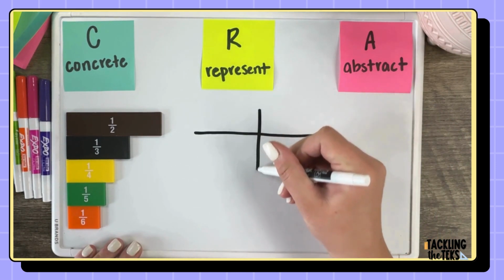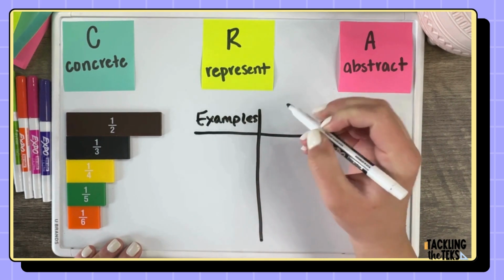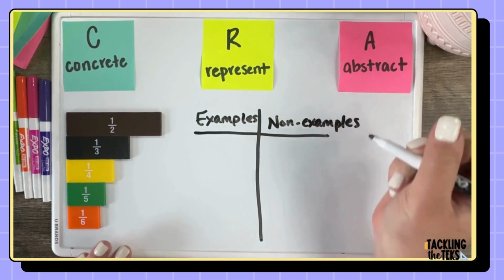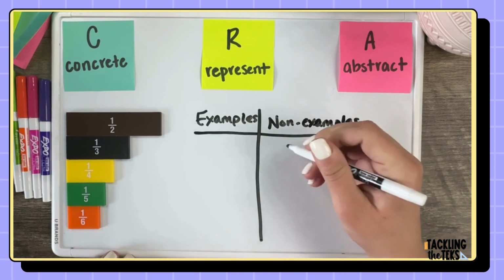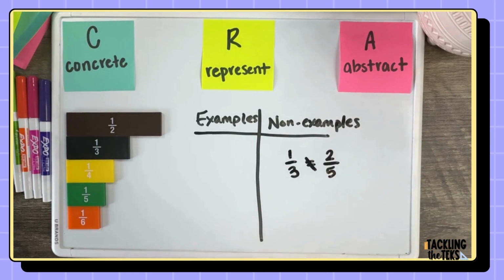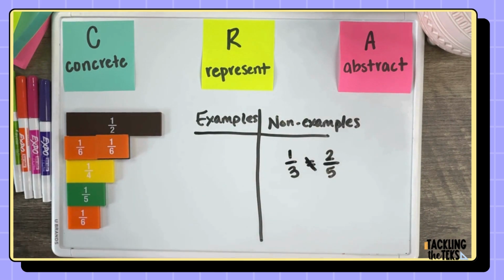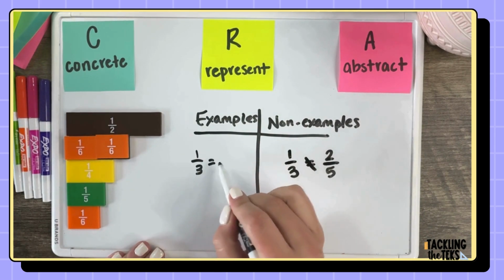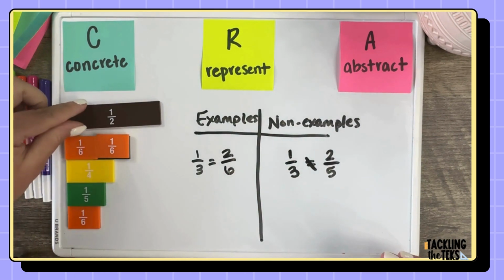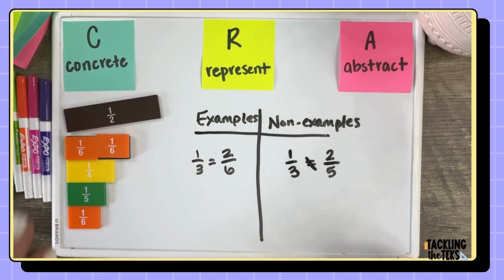You can have them record their findings in a T-chart, using examples and non-examples. I have this activity linked below. So for example, here I found that 1/3 was not equivalent to 2/5. However, if I keep exploring, I see that 1/3 is equivalent to 2/6. And again, just have them explore, definitely have them write down those halves because we really want them to be